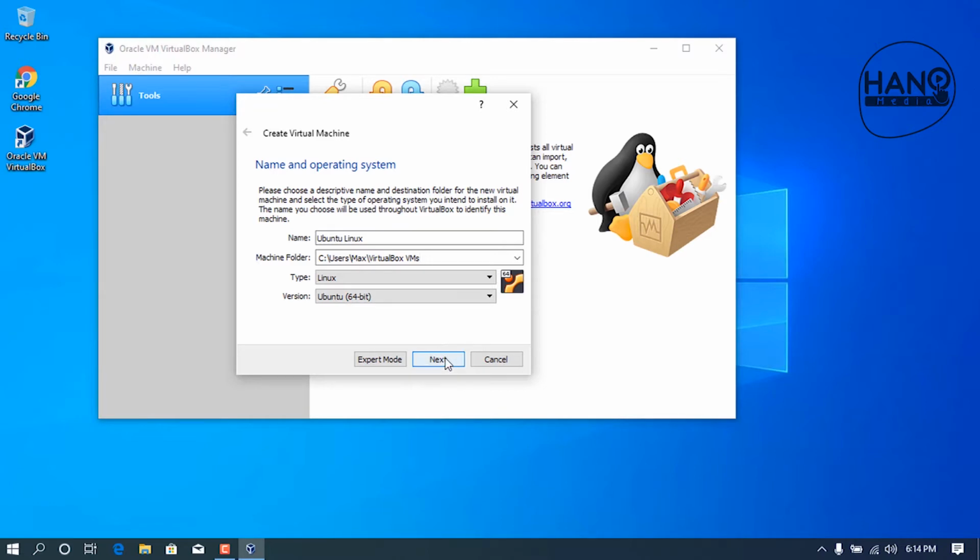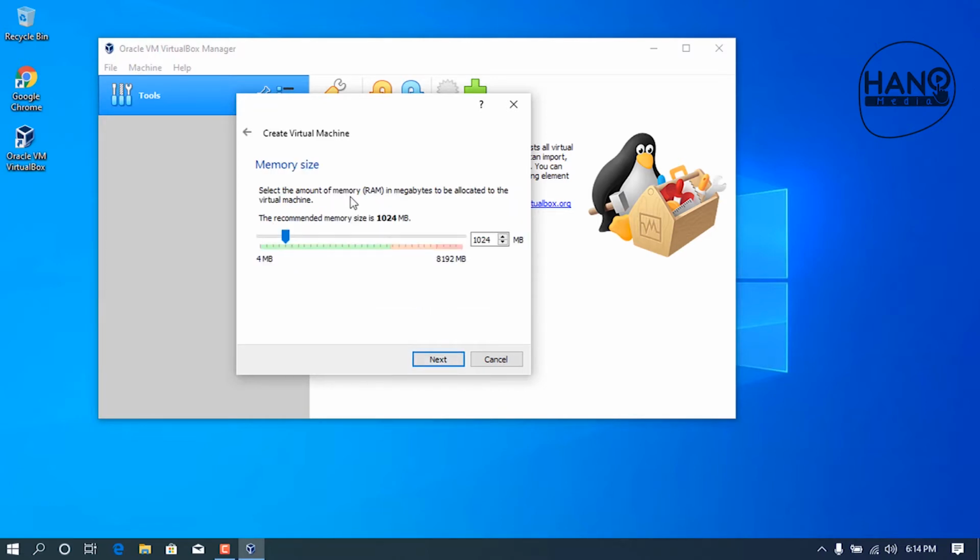Go ahead and press next, and it will ask us to allocate the memory, and the memory that we're going to allocate is the random access memory, or the RAM. When you reach here, pay attention, because you can't allocate memory that is greater than the one that you have on your host machine. In this case, I am having 8 GB of RAM, and I'm going to divide it in half, and that will be 4 GB of RAM that I'm going to give this virtual machine, so as my computer will run smoothly without any hiccup. So I will go ahead and press next,